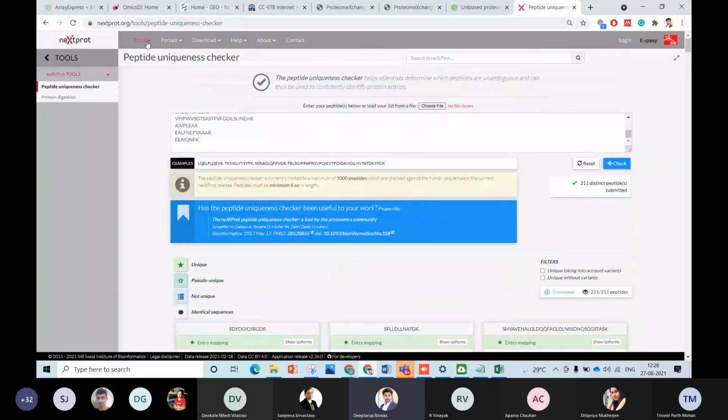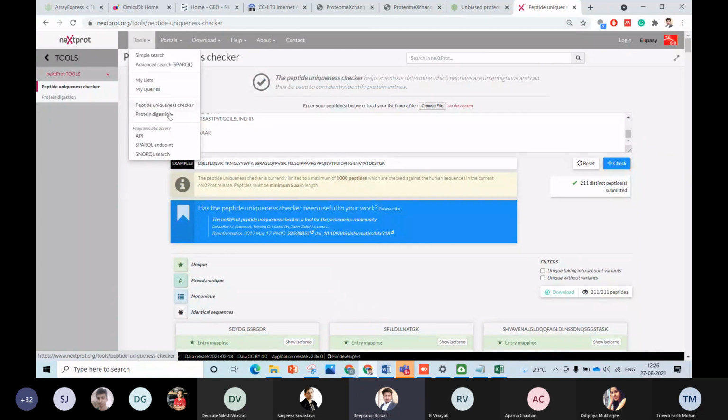So in this session we have checked two important tools, the peptide uniqueness checker and protein digestion, and I think both of them are easy. As you have seen how Medha told about Skyline, you obviously need to know these two tools to take things forward in Skyline. This is more than enough to give you an idea, and it will help you give correct answers for the quiz. All the best for this quiz.